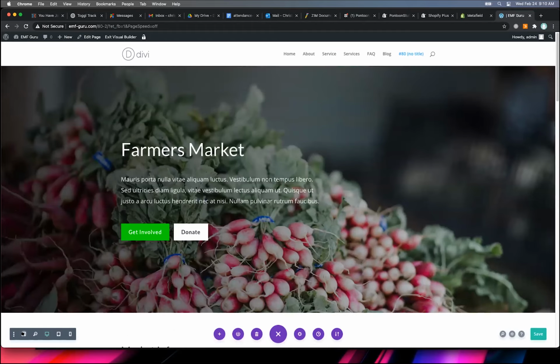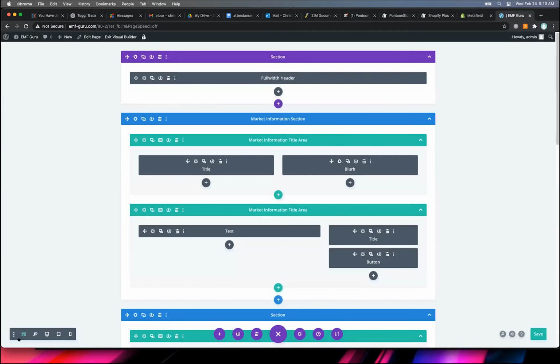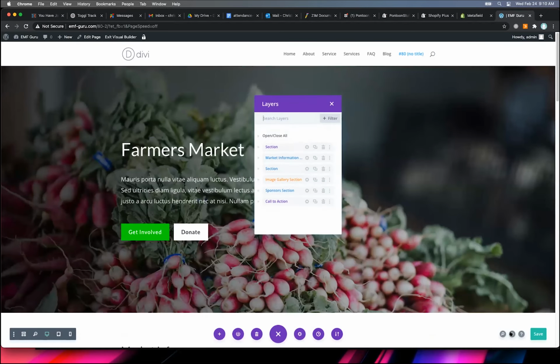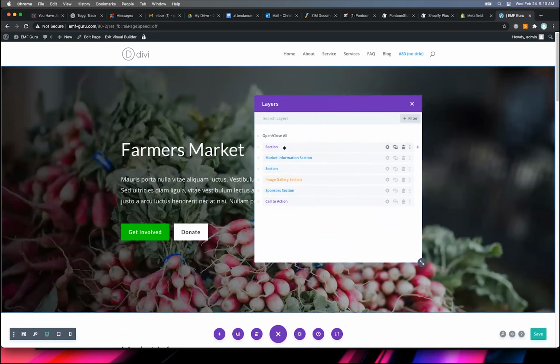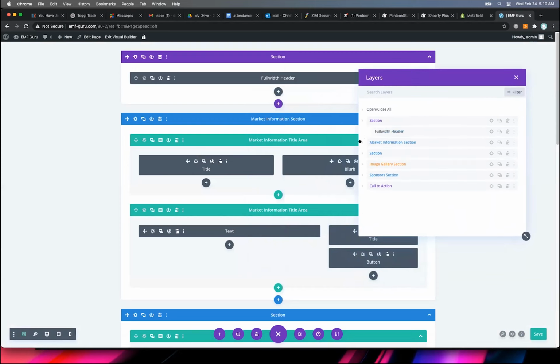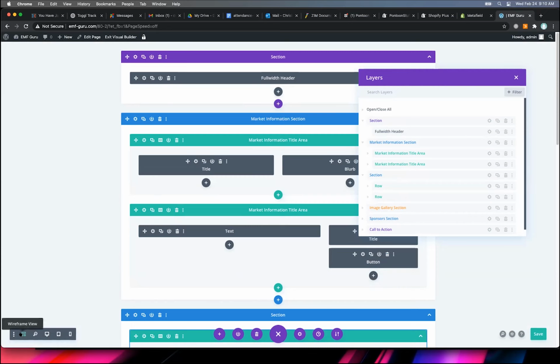There's another layout, similar to this, which is relatively new, called the layers layout. And that's over here next to save. This little gray icon you can click, and that is a less detailed, more outline view. So instead of seeing the entire thing like this, I can see an outline view of it, and I can expand it like this, and then use this to move things up and down in different areas. So whether you're using the full-on page view, or the wireframe view, or the layers view,